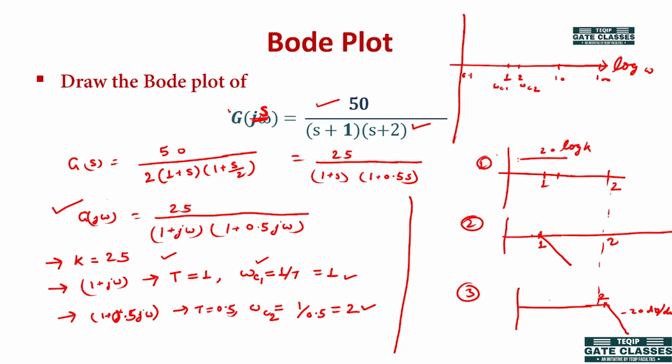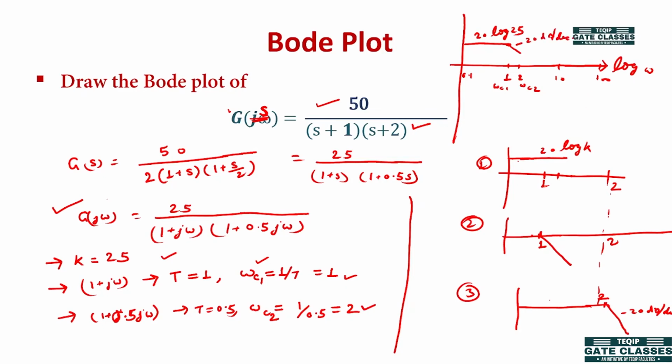So if we add all these points till 1 point, what we are getting, this has the value of 20 log 25 till omega c1, and then from omega c1 till omega c2 we have a slope of minus 20 dB per